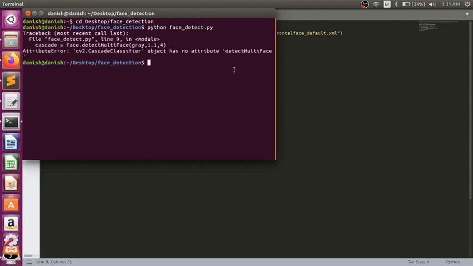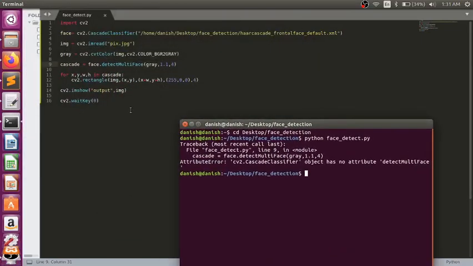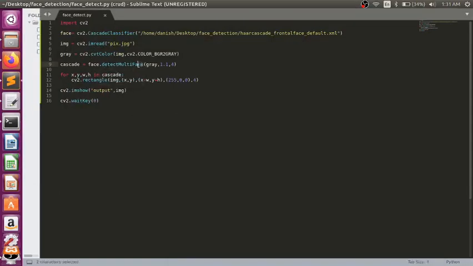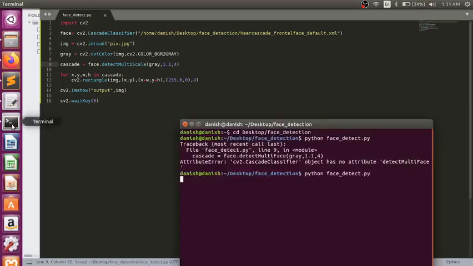Oh, it is showing some error: the cv2 classifier object has no attribute detectMultiFace. Sorry, it is detectMultiScale, not multiface. So it has multiscale as the name. We'll rerun that program.